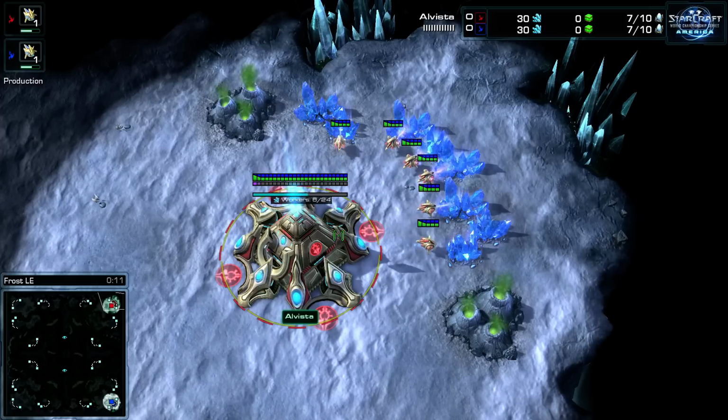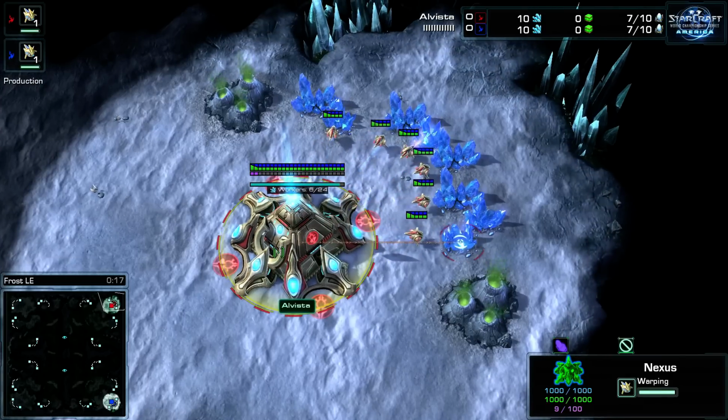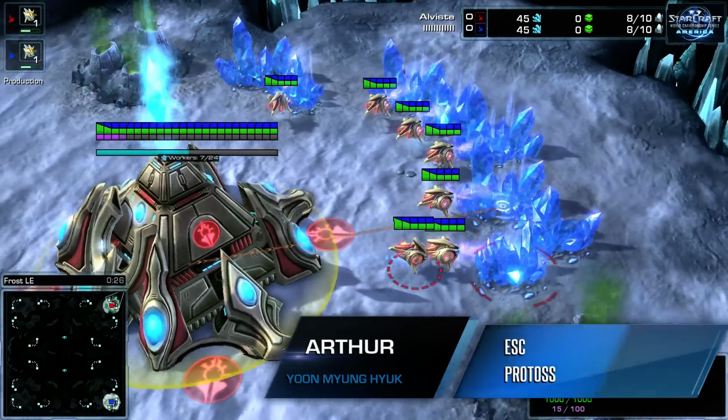Either way, finally it's time for some StarCraft, man. Over here on the right top side of Frost, we have our red Protoss player. Of course, the scoreboards are a little messed up, but he is indeed the one and only Arthur, representing Team